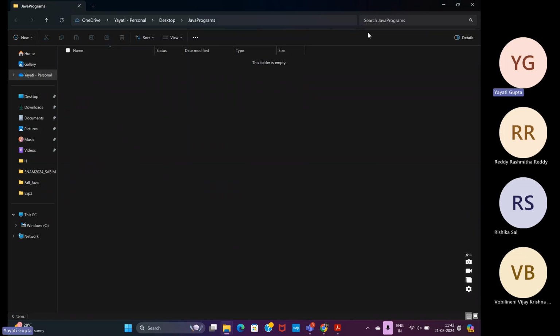Okay. So now you can open PowerShell and you can navigate to this location, or an easier way to do this is